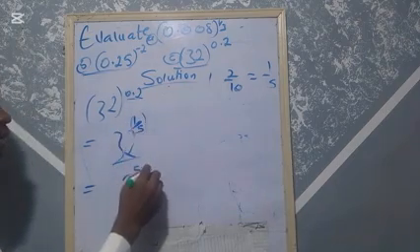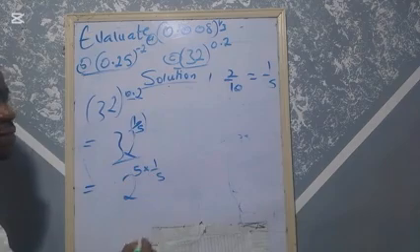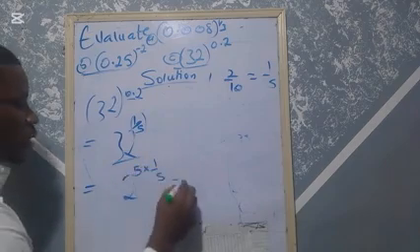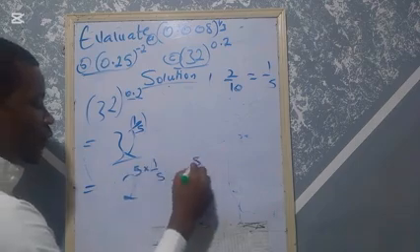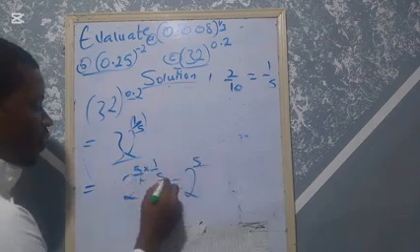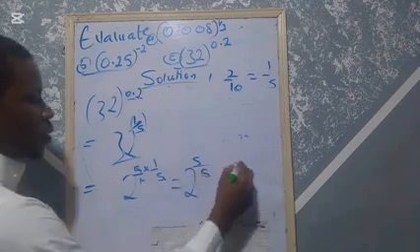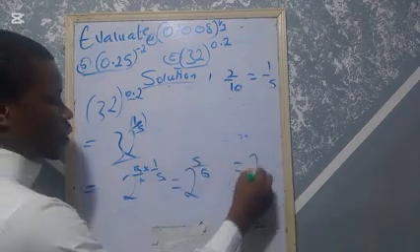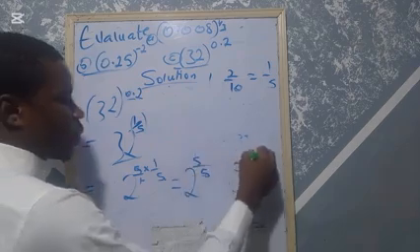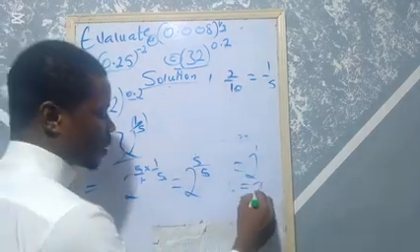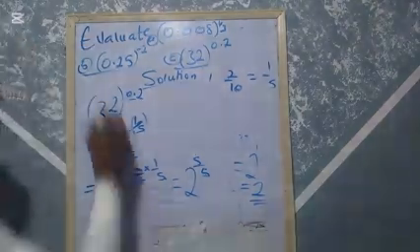You can put it like 1 times 1 over 5. So this will now give us 5 times 1, so you have 2 raised to the power 5 over 5, remember this over 1, 5 times 1 will give us 5. So that we have the final answer to what? 2 raised to the power 5 divided by 5 is 2 raised to the power 1, which is still the same as 2. So that's our answer. Like I said before, solve this one and put your answer at the